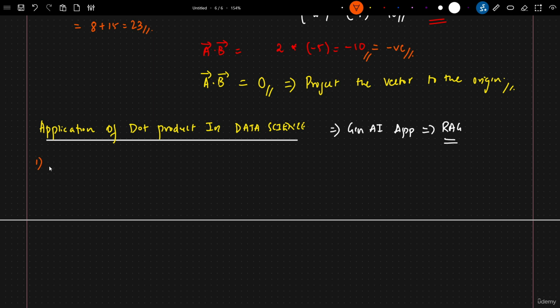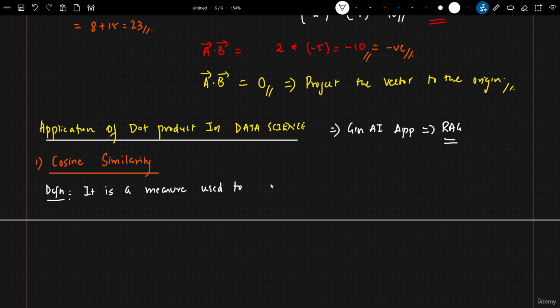One of the very important concepts that we specifically use is something called cosine similarity. Now, what exactly is cosine similarity? Let's discuss this, and we are going to discuss it with a very good example, okay? First of all, we will go ahead with the definition. What is cosine similarity? It is a measure